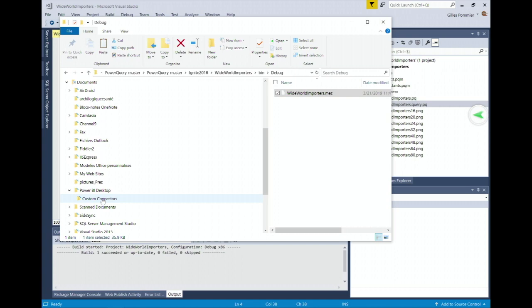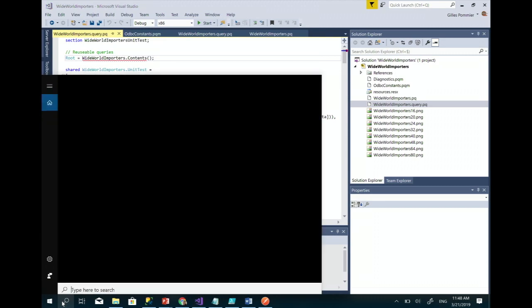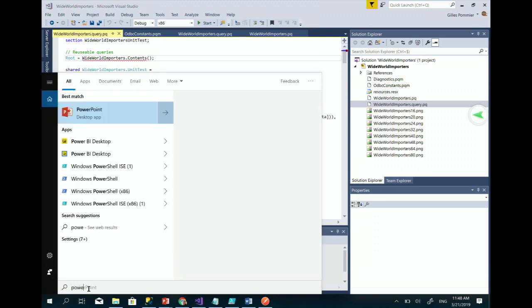Power BI Desktop custom connector folder. You have to put this connector here. Cut and paste your maze file here. The maze file is just a zip file. So this is the zip file you provide here. And then when you have provided this zip file, if I run Power BI Desktop,